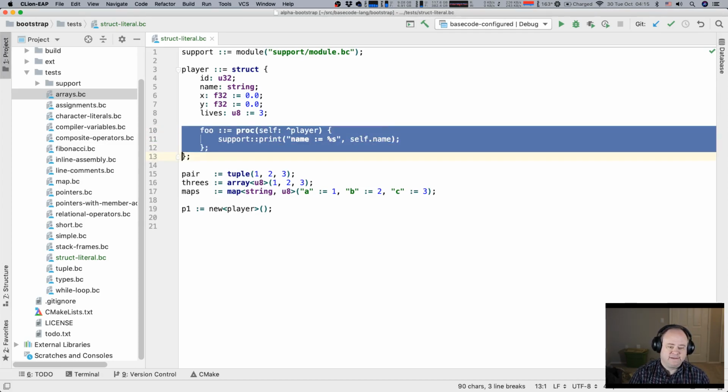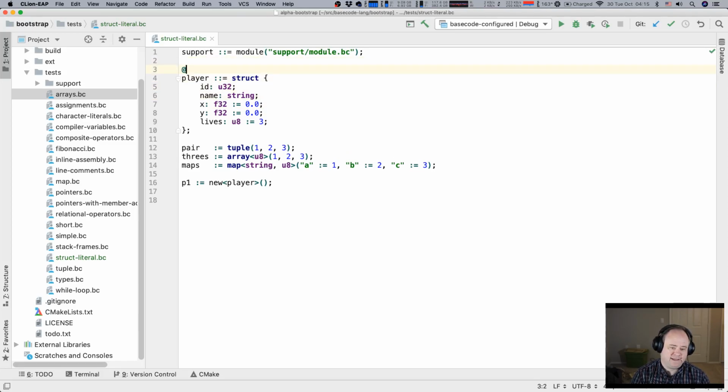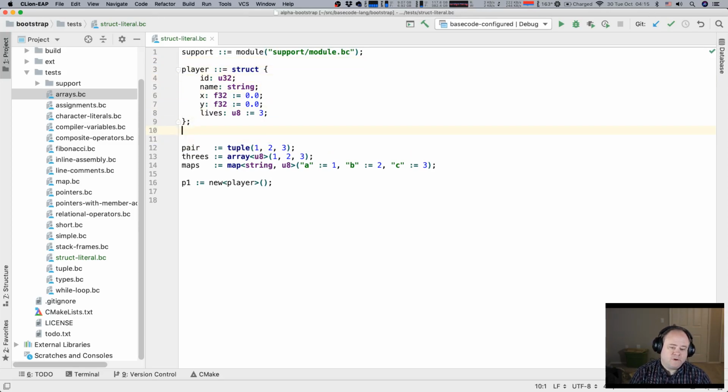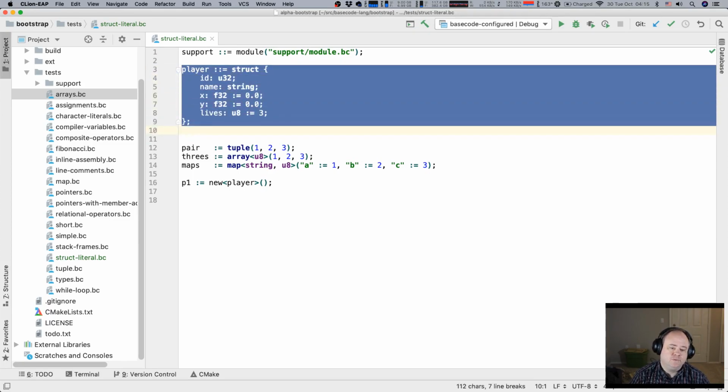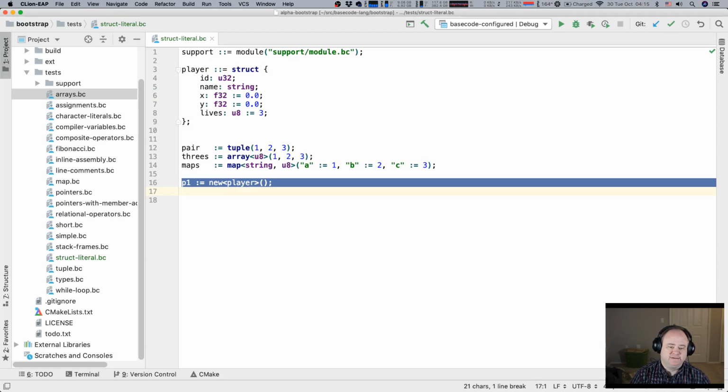A lot of the behavior in Basecode is going to be handled by attributes that are applied to things. We haven't gotten to that yet, but for example, what does it mean to make a player? So we're talking about this, right? What does this mean?